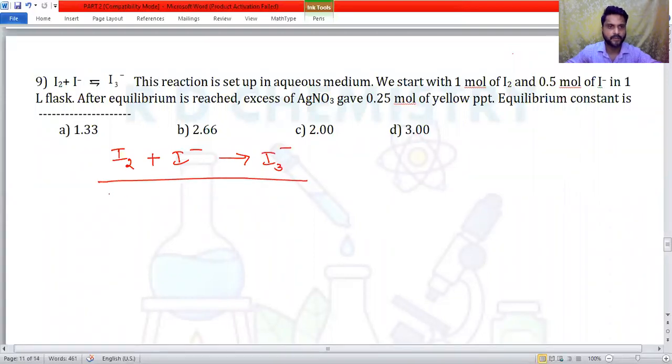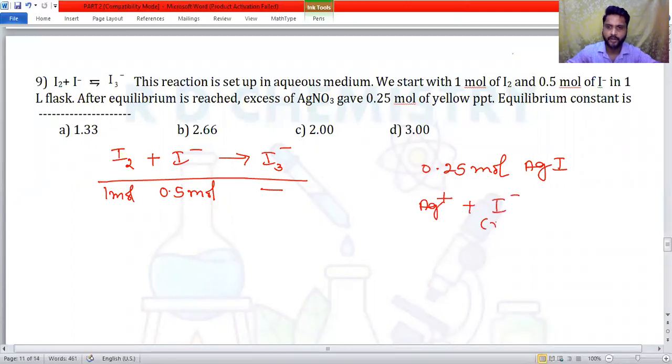To begin with, they are taking 1 mole of I2, 0.5 mole of I minus, assuming products are not formed in the beginning. Now they are saying that 0.25 mole of yellow precipitate is formed. The yellow precipitate is that of silver iodide. How does the reaction take place? Silver ion from silver nitrate reacts with the iodide ion remaining after equilibrium, and that gives AgI. How much AgI does it give? AgI is 0.25. That means I should have 0.25 moles of I minus and 0.25 moles of silver ions,